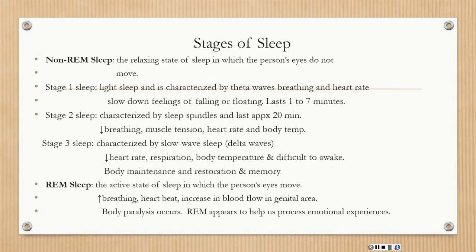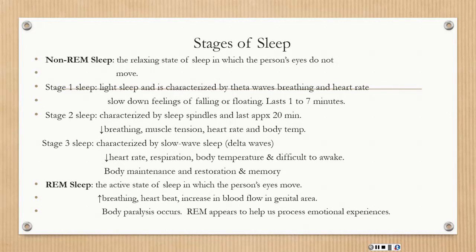You'll find that some people really document or argue the fact that there is not a fourth stage of sleep, although there once was a fourth stage of sleep. So, super important to remember that non-REM sleep covers stage 1, 2, and 3, and some argue stage